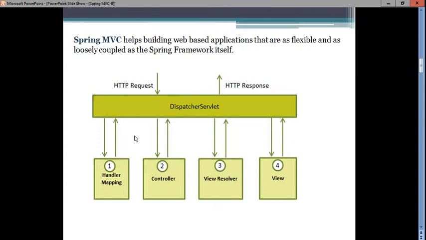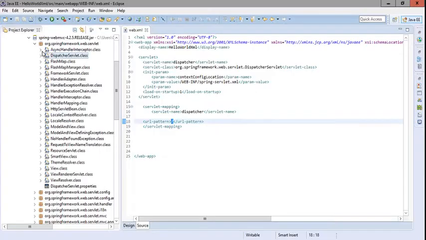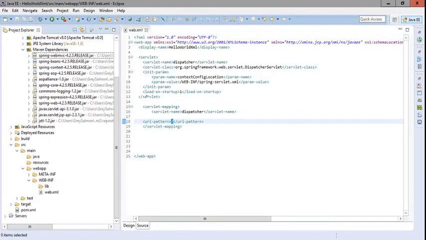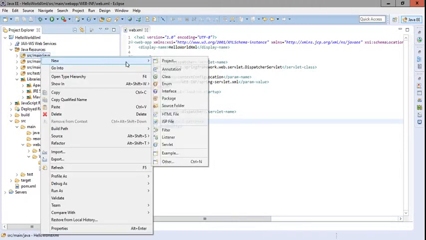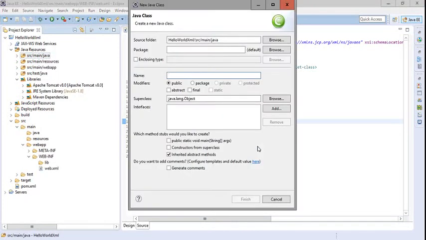Now the next part is designing these two components, the controller and the handler mapping. For designing the controller, we have to create one class, and we name this class HelloWorldController.